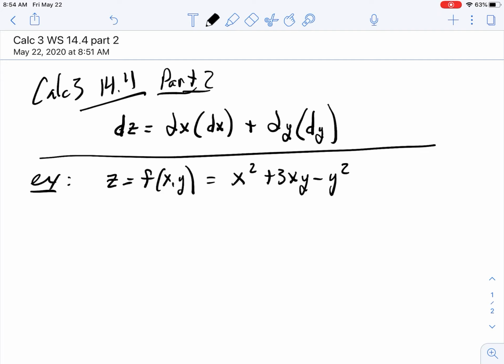Let's go ahead and find the partial derivatives. The partial derivative with respect to x would be 2x plus 3